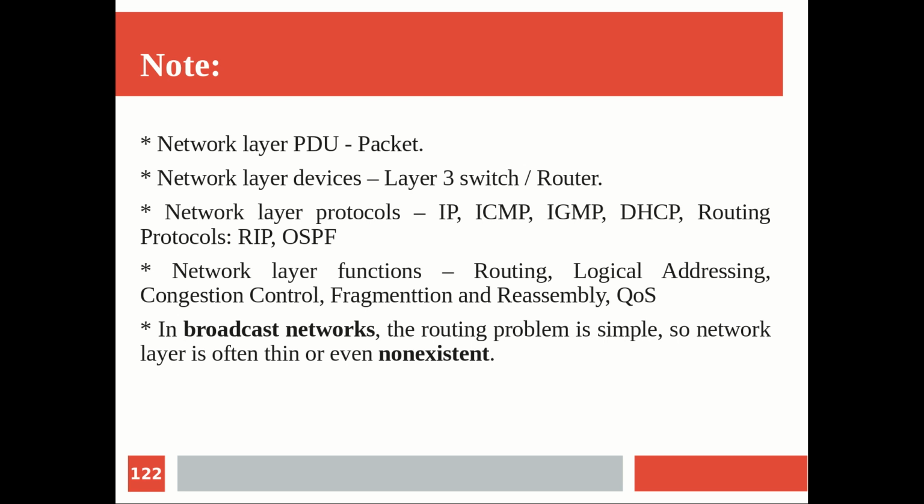So when it comes to any local area network, inside the local area network actually we are doing broadcasting, but over the internet we will be doing routing. But once it reaches a specific local area network, the local area network of the destination, inside that it will do broadcasting, and the data will reach the destination machine. And at that time you don't have to run any routing algorithm, as you know the main core activity of network layer is routing only. So when it comes to a pure broadcast network, as there is no routing, you can see that the network layer is almost very thin, or it may not exist. So that is about the network layer.